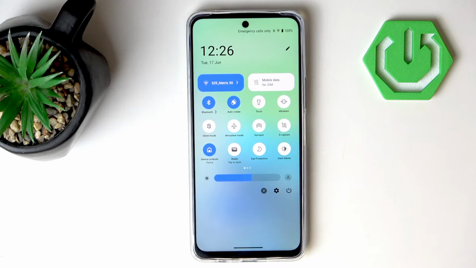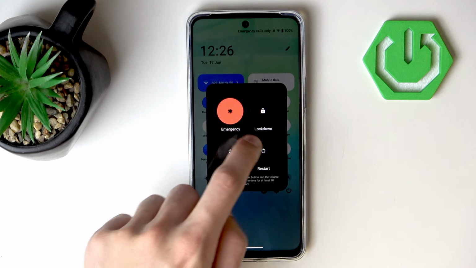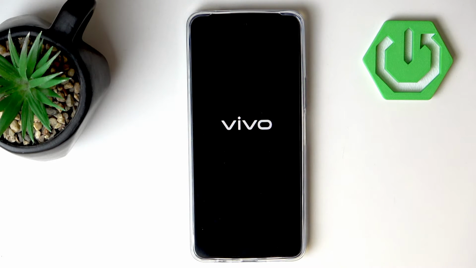However, if it's still not working, I would simply advise you to restart your phone, just like that. And the reason why I advise this is because the screen rotation option works using gyroscope. And gyroscope, just like any other system in your phone, can be restarted, and rebooting it will probably fix some issues. And lastly, while the phone is restarting, I want to talk